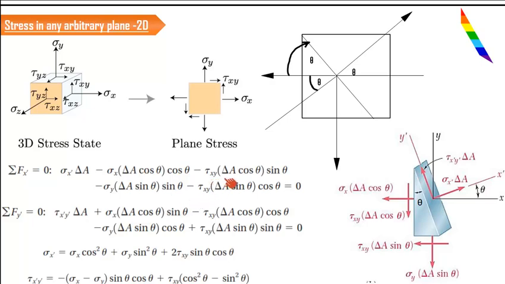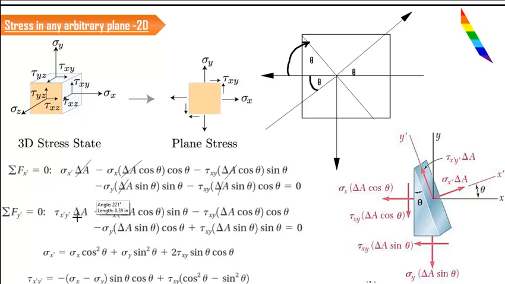Similarly, tau xy delta a cos theta is the stress acting on this particular plane, and we want to resolve it into this direction. It has already taken a sine value, so right now it is going to take a cos value. Then it will get shifted to this particular axis. Similarly, sigma y delta a sine theta into cos theta and tau xy delta a sine theta into sine theta is equal to 0. Now when we cancel out the terms, delta a is a common one, so delta a will get cancelled out.